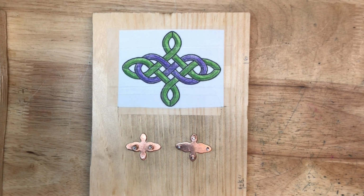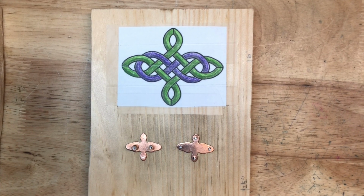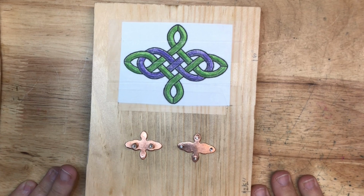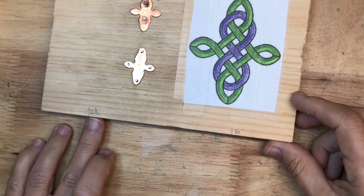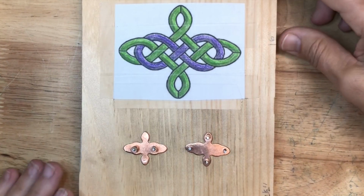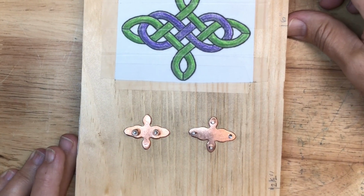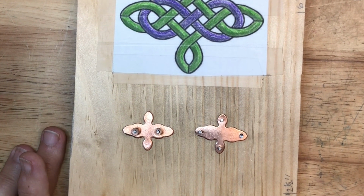Now we get to the heart of the situation. We get to bend some wire. So I have, since you last saw this, added a couple things. There's a 2.5 inch mark and a 6 inch mark, because that's the length I need to cut the wire for the two different pieces. And also I've added some